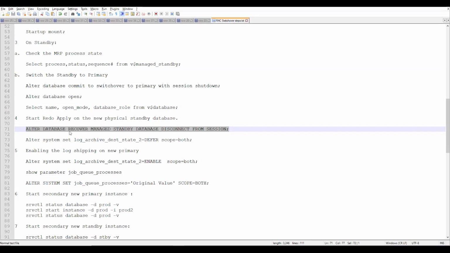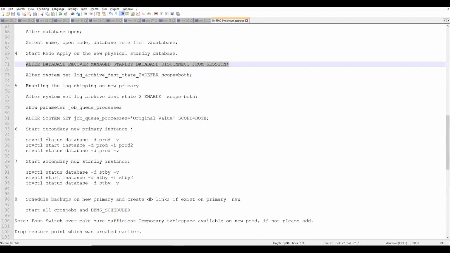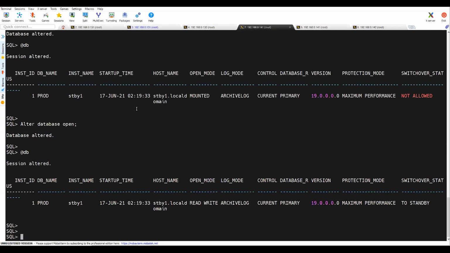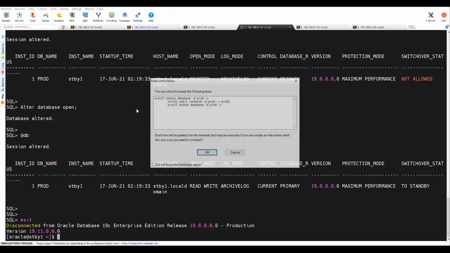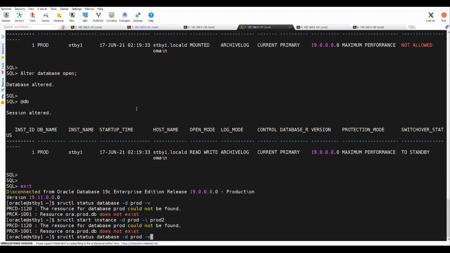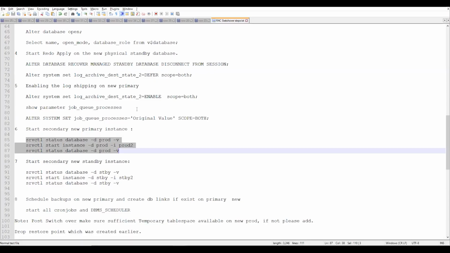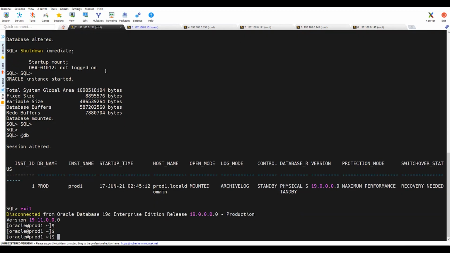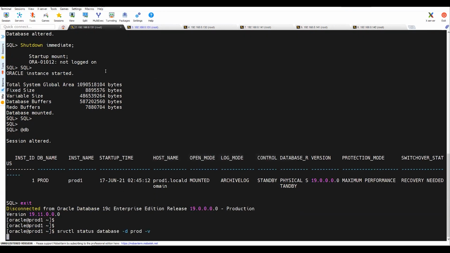But what I'll suggest, before starting the recovery, we should start all the other instances and see what the situation is. So first of all, sorry, I copied in the wrong location. This should be executed on the old primary database server. That was our prod database actually.